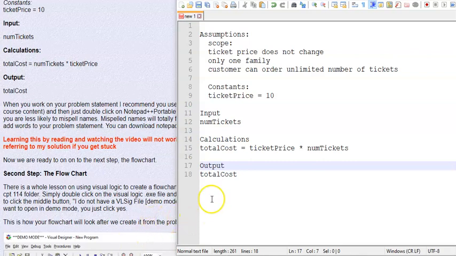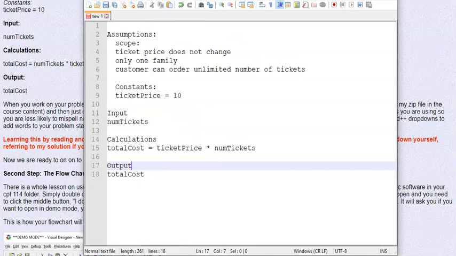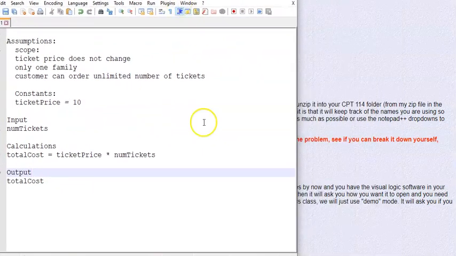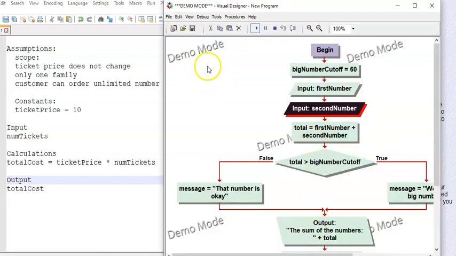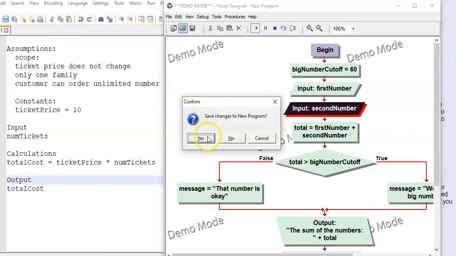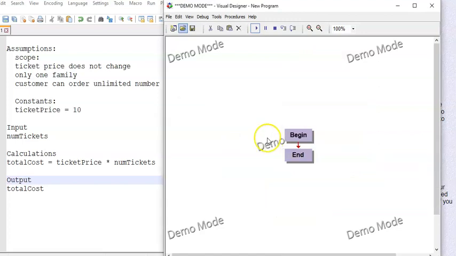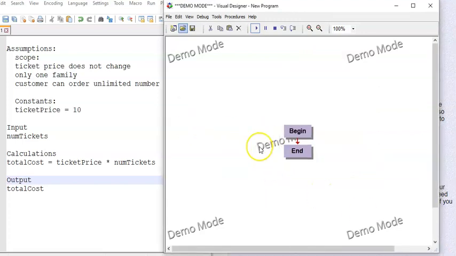All right, when I finished the last one, we did our problem statement, and we have this right here. Now we're ready to go ahead and bang out the flowchart and code, and we'll see how easy that is. So let me move this on over, and then open up Visual Logic. This is what my last one I did, so let's go do a new one. Okay, so